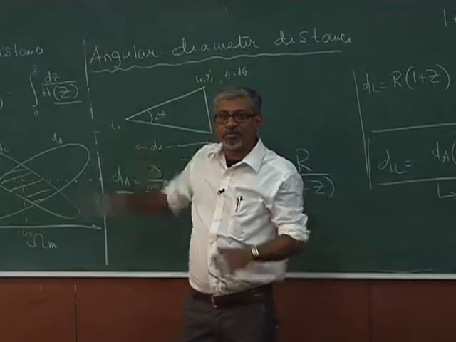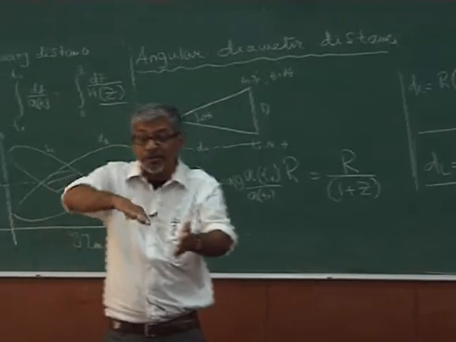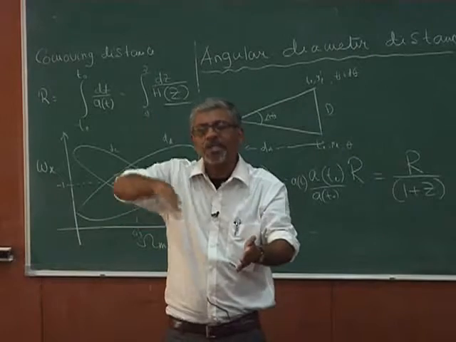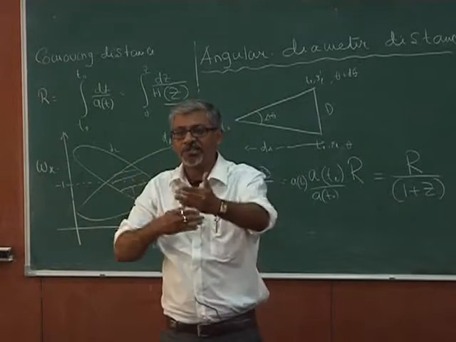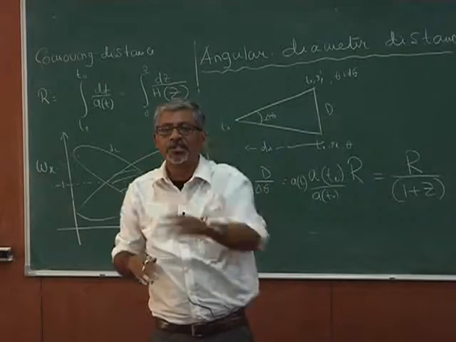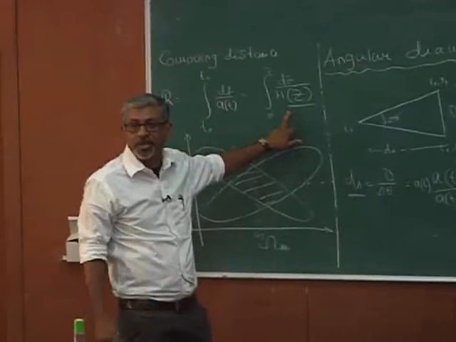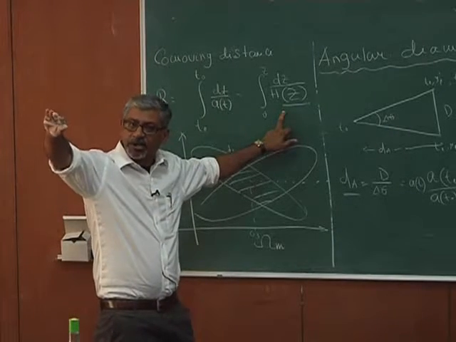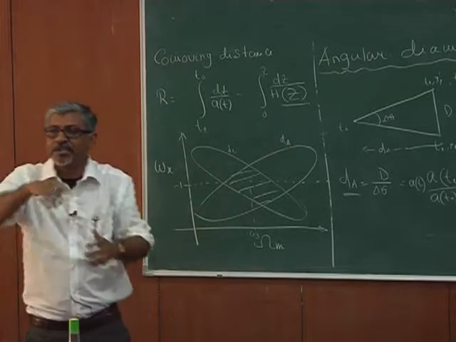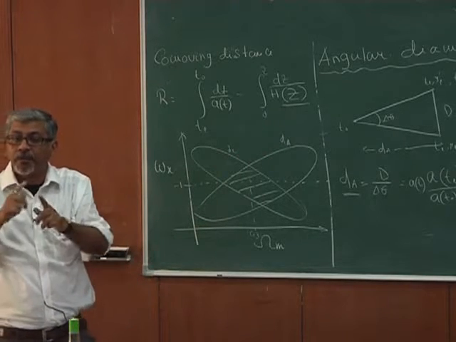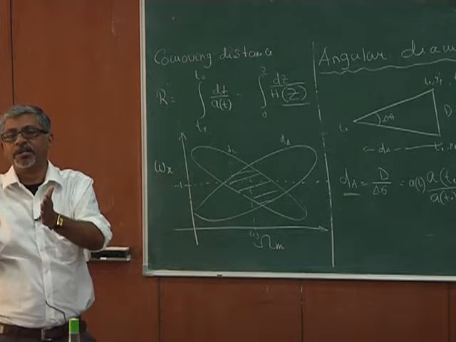But as soon as you have different components, like the cosmological constant plus matter, the expansion rate changes. So depending upon the changes in expansion rate, obviously the behavior of the distance with respect to z changes, because here you don't have a monotonic behavior. The universe is decelerating at some point, then the universe starts accelerating at some point. And my guess is that the maximum will occur when the deceleration converts to acceleration.